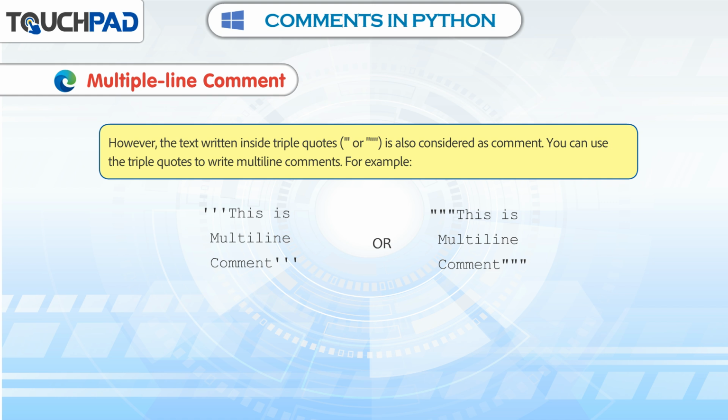You can use the triple quotes to write multi-line comments. For example,